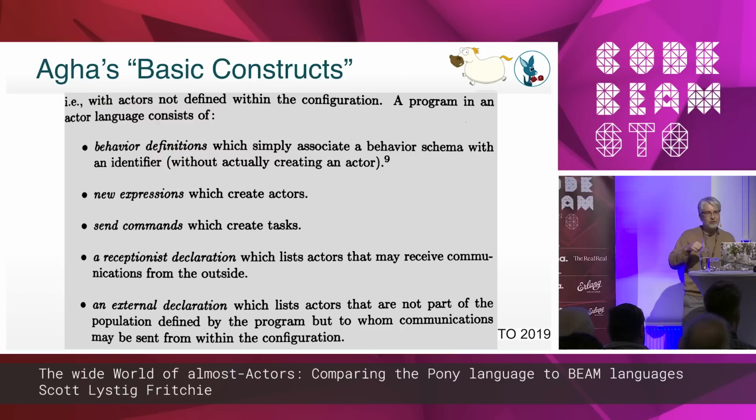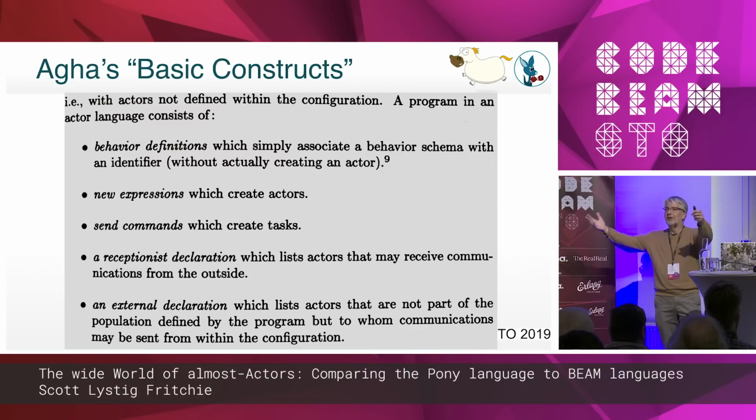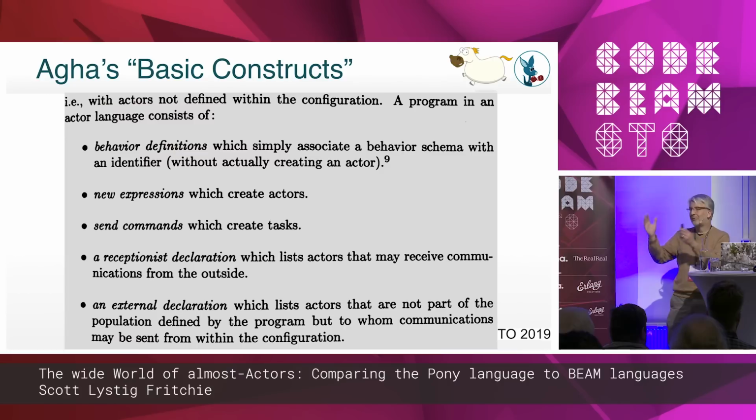And what's interesting is that Agha is now going beyond just the simple theory of earlier papers, but he is introducing sort of real-world complications in that actor systems need to communicate with the outside world. And we heard about this yesterday with the morning keynote with Peter Van Roy. Dealing with the outside world actually makes computation a little useful. So there's this notion of a receptionist, which is a list of actors that can receive messages coming in from the outside world. And then similarly, point number 5 is a list of actors that can send out to the outside world.